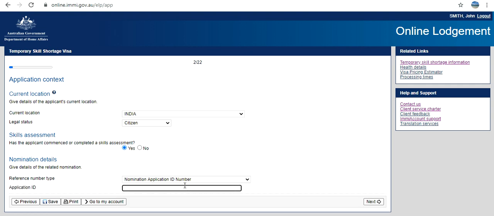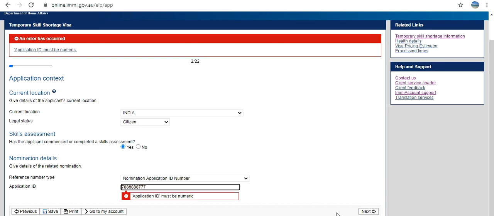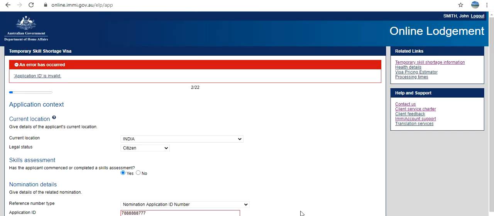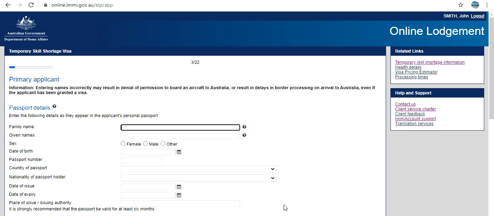I don't have any ID number, but I'll try to create one if that is accepted. If not, I won't be able to proceed further. Must be numeric. Okay, now let's see if it accepts. Invalid. Okay, wow, at least I have managed to go to the next page.